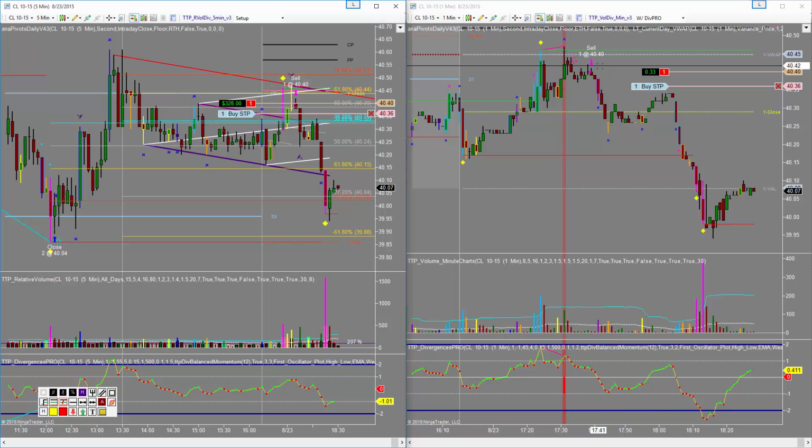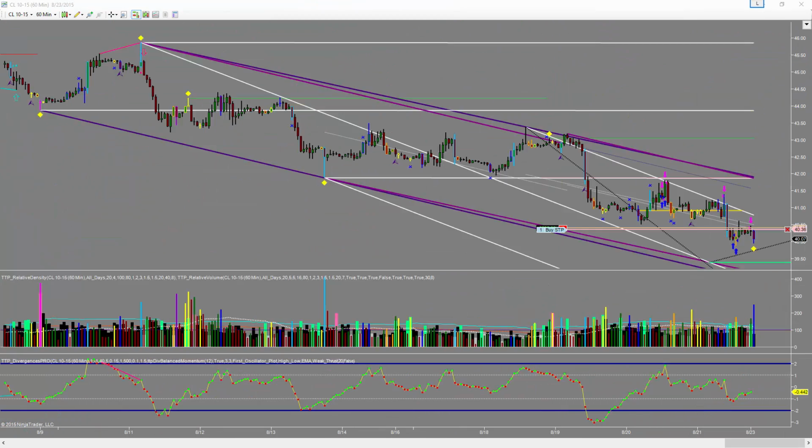And now we're coming down. So once it started coming down a little bit, and then it pulled back a little bit in here, then I finally got in short with a stop just a little bit behind the VWAP. And now it's come down pretty strong, but we are down to the bottom of this area